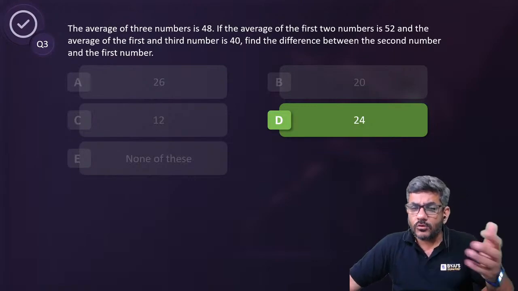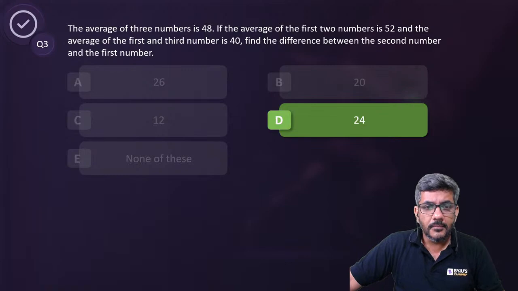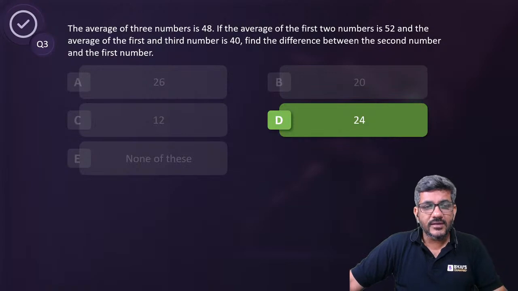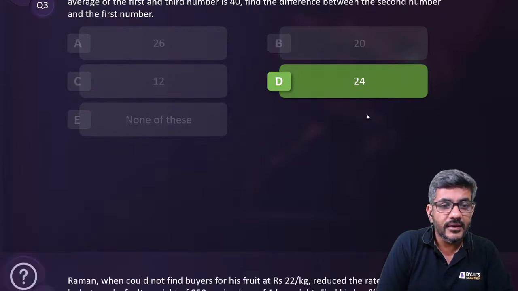And I see बहुत लोगों ने सही आंसर दिया था. दर्शन ने भी इसका सही आंसर दिया, सत्यदीप ने भी सही आंसर दिया था. Very good guys, very very good. Many people have given the right answer to this, but I don't see any correct answer on YouTube. Rather, any answer on YouTube. People on app, they are answering it fast. Very good. So 24 is the right answer for this question number 3. I'll move ahead now. Let's see what happens in question number 4 on your screen now.